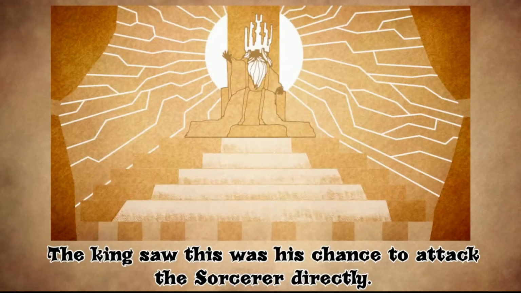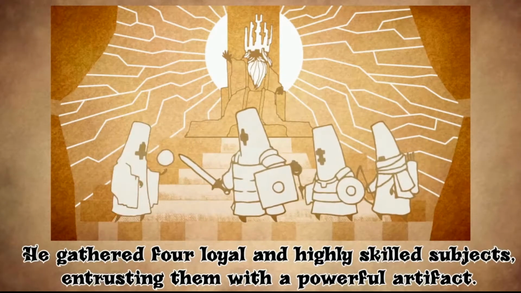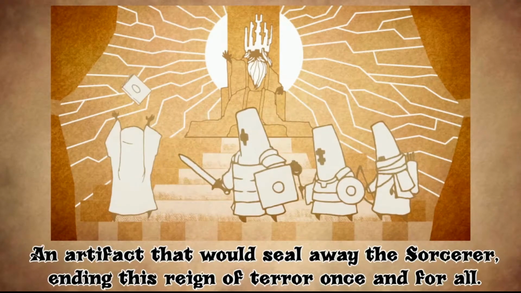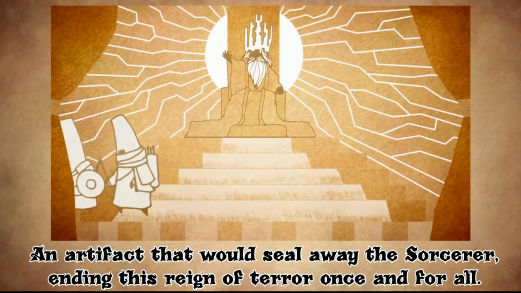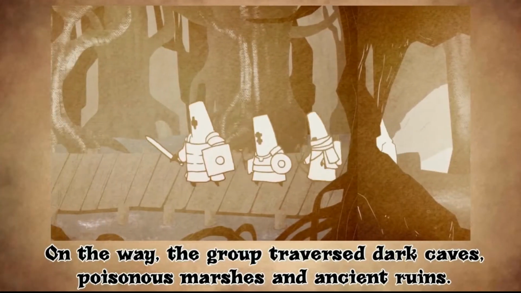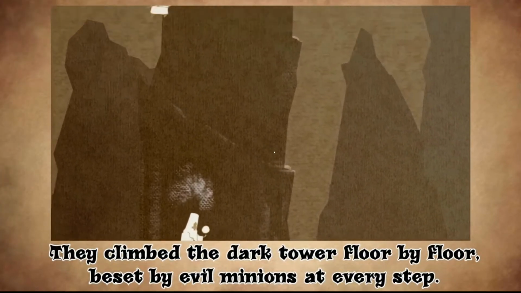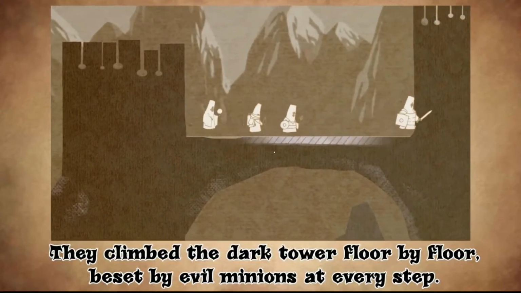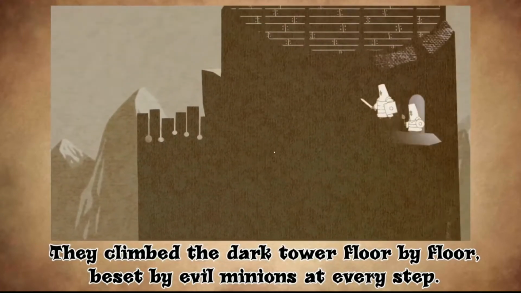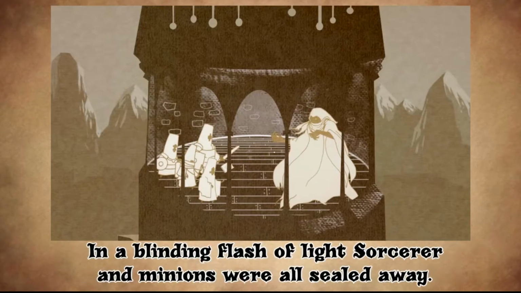Could still be seen, but the king lay. This was his chance to attack the sorcerer directly. He gathered 4 loyal and highly skilled subjects, entrusting them with a powerful artifact. An artifact that would seal away the sorcerer, ending the reign of terror once and for all. On the way, the group traversed dark caves, poisonous marshes, and ancient ruins. They climbed the dark tower floor by floor, beset by minions at every step. Once they reached the top, they confronted the sorcerer and activated the artifact. In a blinding fashion, the lights...